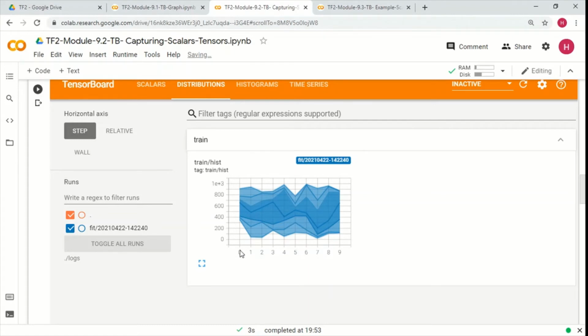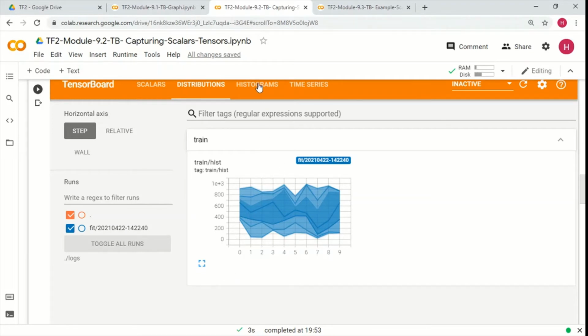So for the 0th time, the weights were distributed from here to here, and for 1 it was distributed from here to here, and for 2 from here to here, and things like that, right? So this is a view of all the tensor values from epoch 0 to 9.